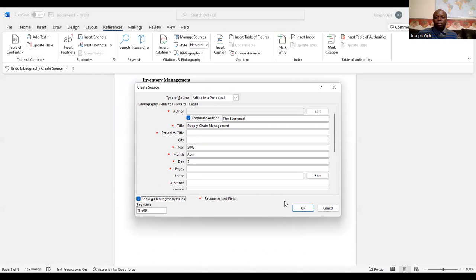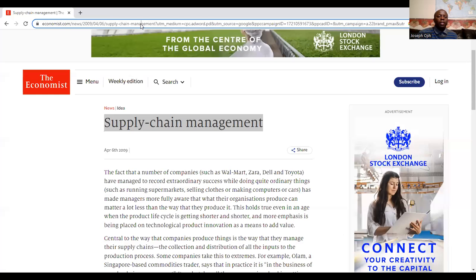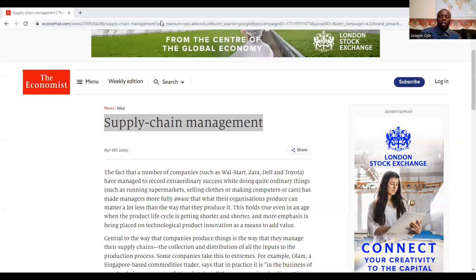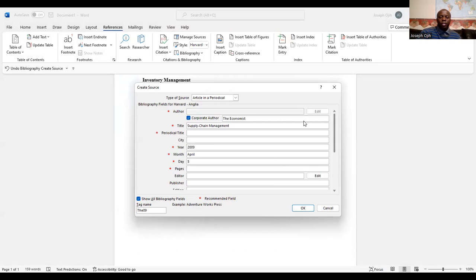And then it will open up. Then you scroll down to where you have the URL. Click on that. Next is to go to your article and copy the website. Click on that, copy it, then paste it in the dialog box where you have URL. Paste it there. Okay. So you have the corporate author, the Economist, title of the article, the year of publication,